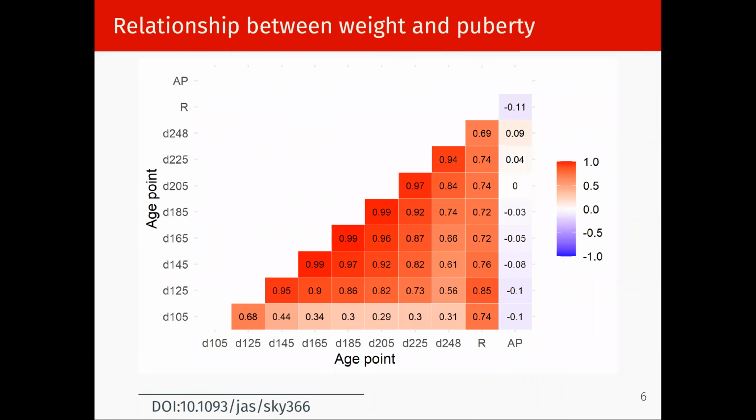What we can see in this figure here is we're looking at weight gain at a specific day, with day 105 to day 248, and all the weights combined throughout the weight gain period, and age at puberty. And all these values in this matrix here are correlations between those specific time points and age at puberty. And what we can see is that there really is a very limited relationship between age at puberty and weight gain at any specific time point. And really what we can see is that earlier weight gain, higher weight gain, has a different impact on age at puberty than does late weight gain.